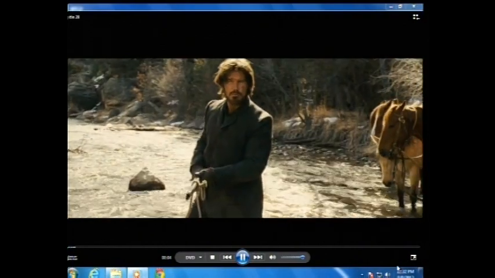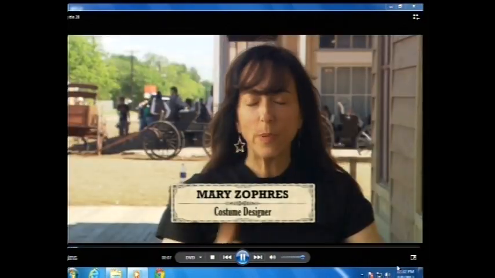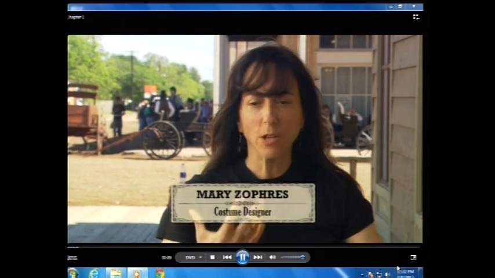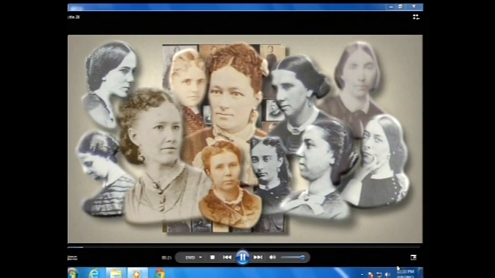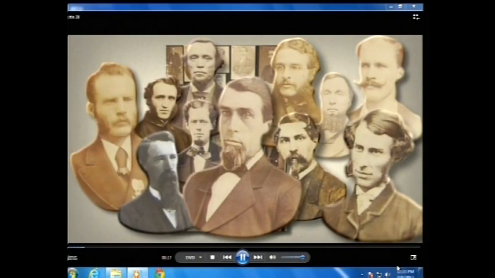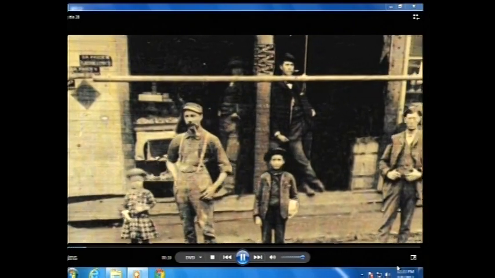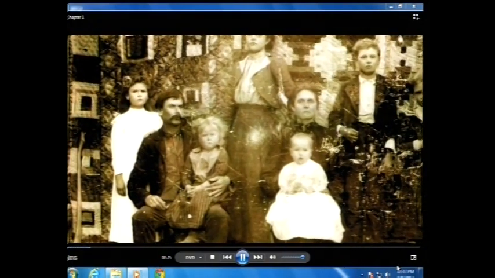When I started doing the research on this movie, you're vaguely familiar with this time period, but then you have to refresh yourself. And I did a lot of research. I did it for at least a month, month and a half. And what I noticed was that the women all had long hair, and the men all had facial hair. A lot of the men's clothes were in the charcoal gray family, and the brown family, and the black family, and their shirts were white or sometimes a textured stripe.